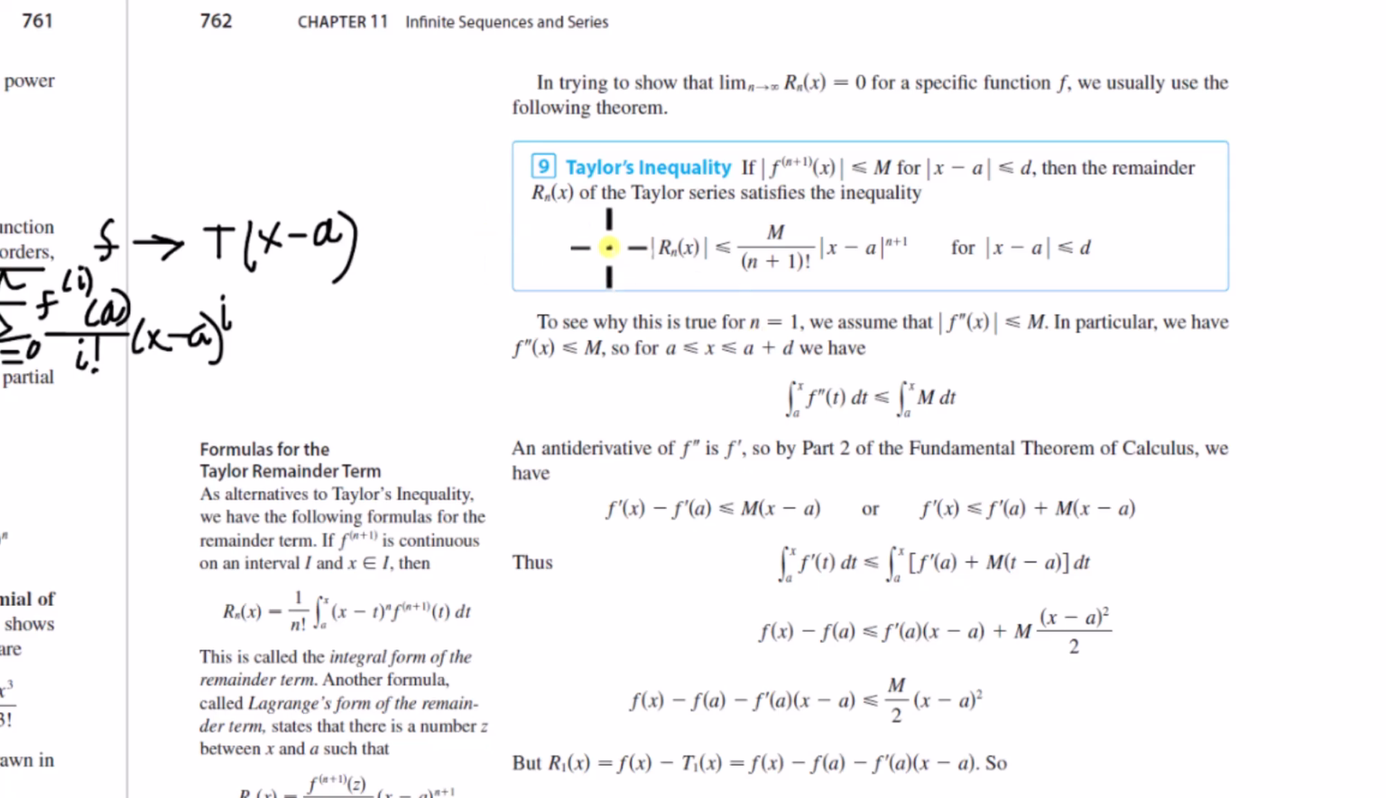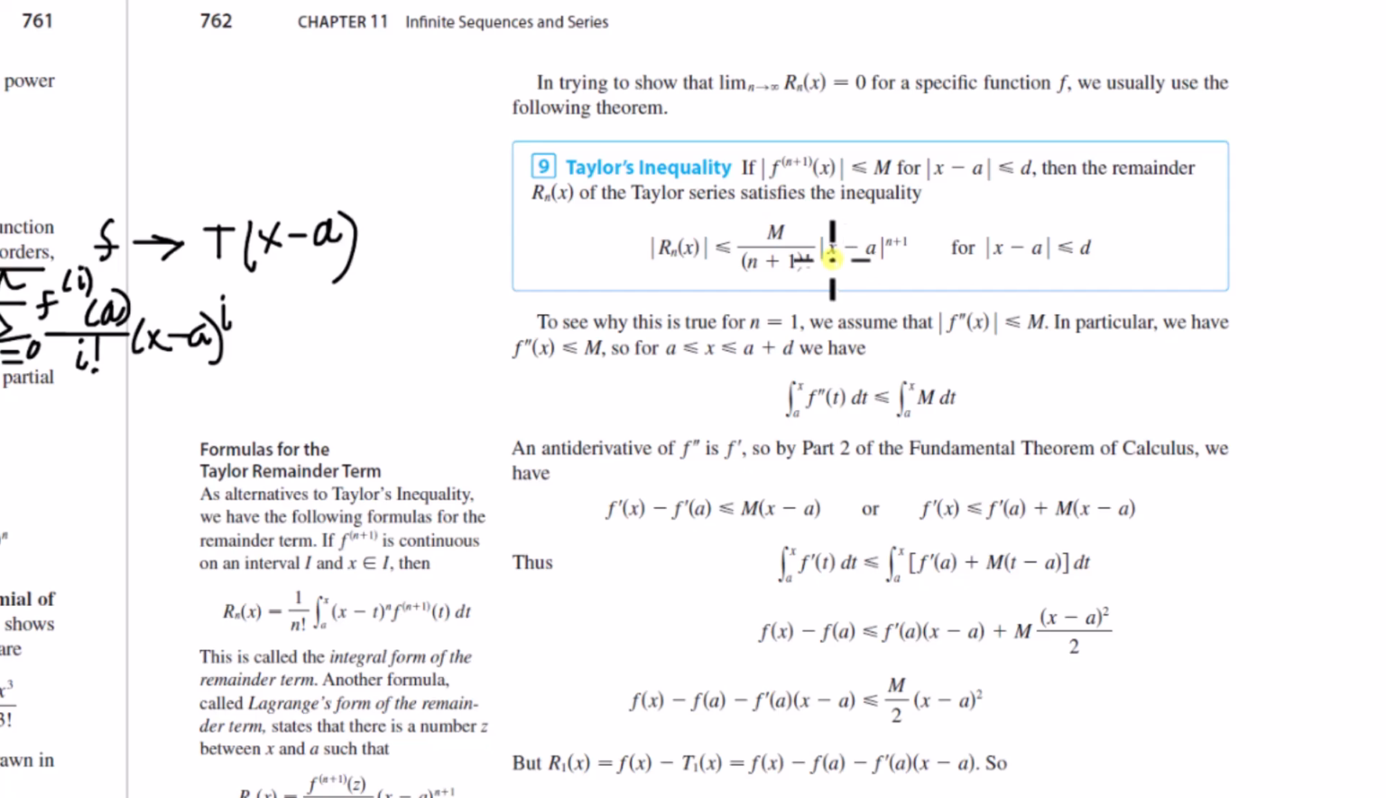Okay, so now let me walk you through this inequality. Let's go through the main inequality here that gives you the upper bound on R sub n. So again, it's the absolute value, because it could be positive or negative. It's less than or equal to M, which is just some number, divided by n plus 1 factorial. So n is the number you choose for the Taylor polynomial. Maybe you want to sum the first 10 terms. That's accurate enough. It's whatever you're going to put in T sub n. That's n. And then n plus 1 factorial, and then times the absolute value of x minus a to